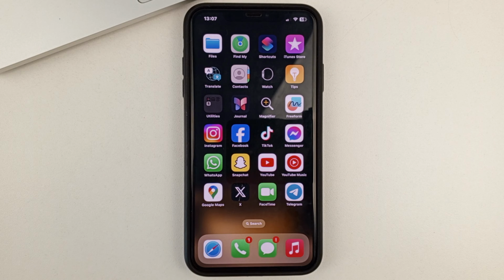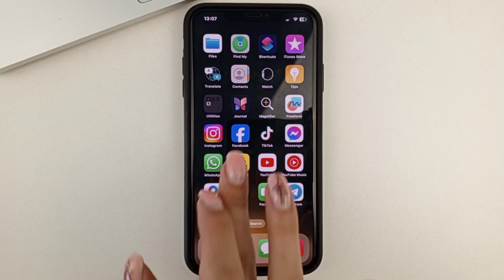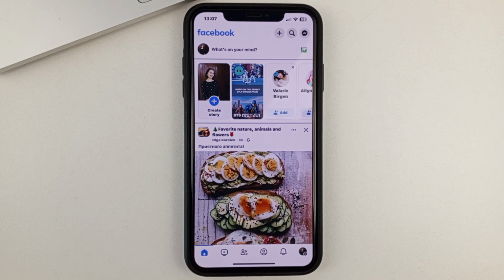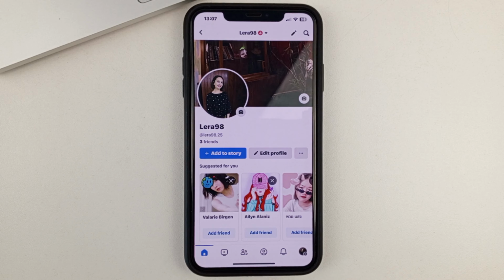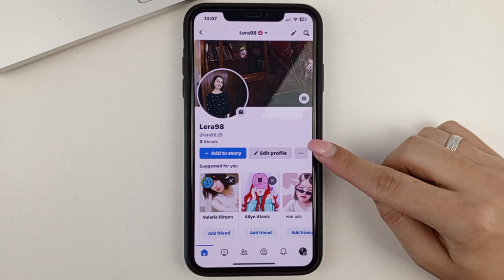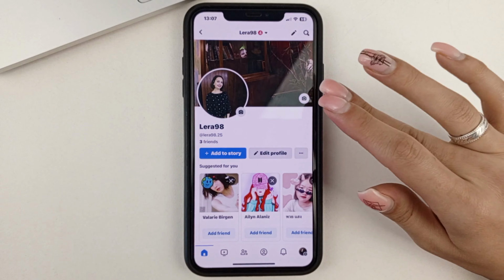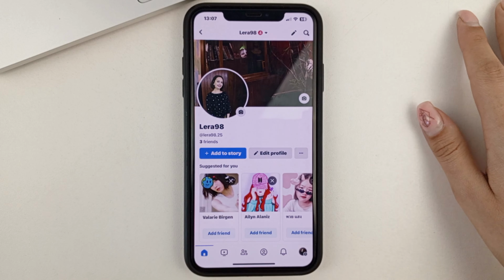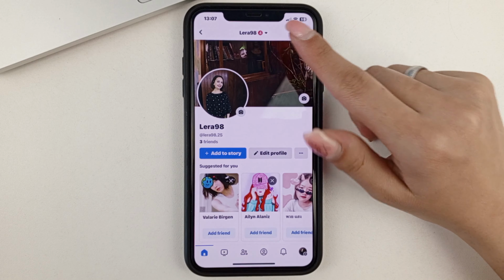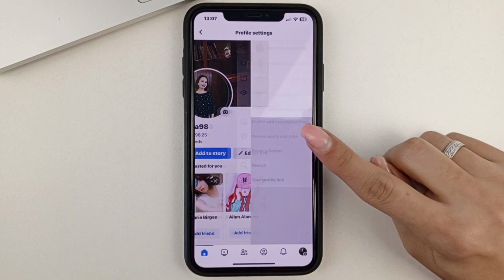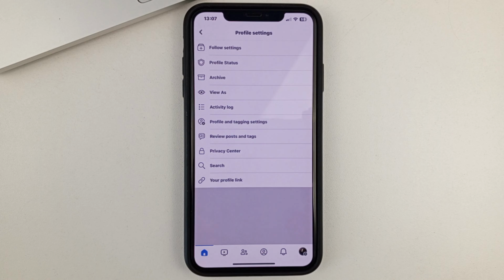Let's get started. To begin, you and I are going to open up the Facebook application. And on the main page, when we open it, we need to go to our page. To do that, at the top, we're going to click on our image in the circle, and we're going to go to our page. And this is where we'll need to click on the three dots. I have them underneath my picture of me at the bottom. You may have a little bit different settings on Facebook. And these three dots will be right up here at the top of your photos. So, click on them.